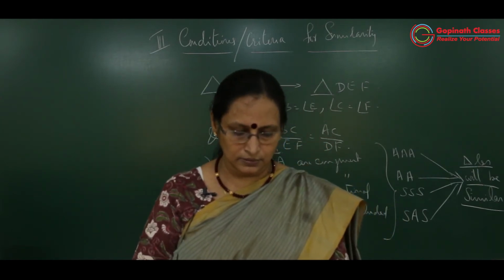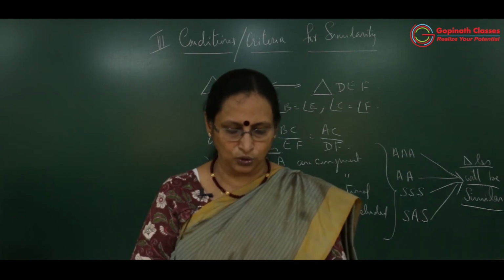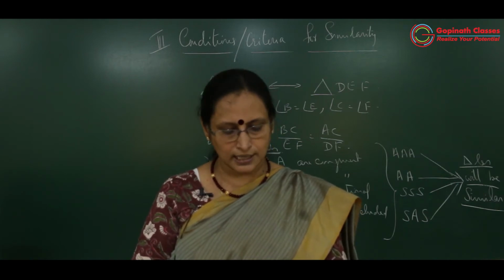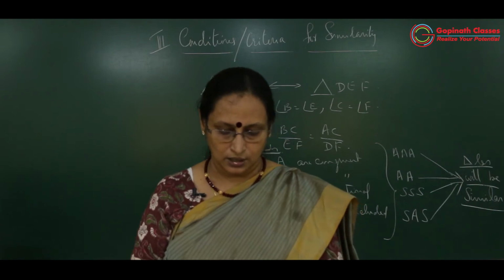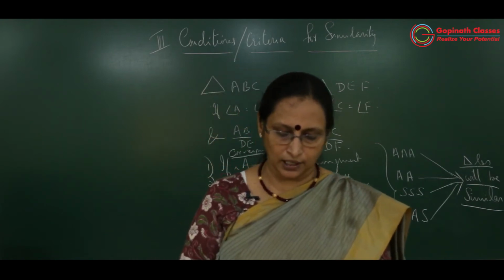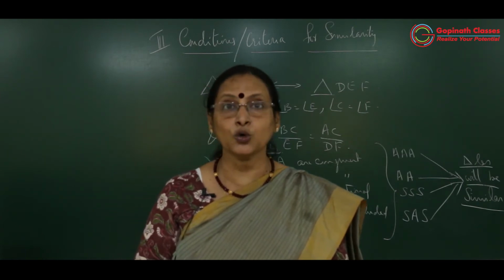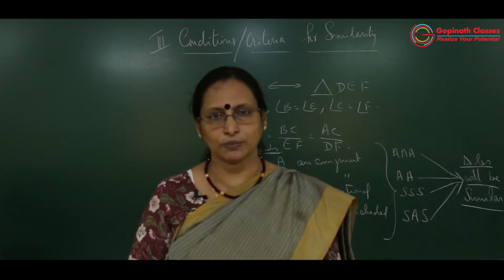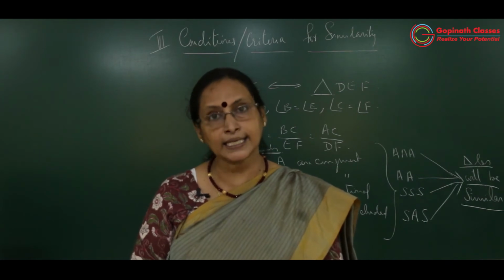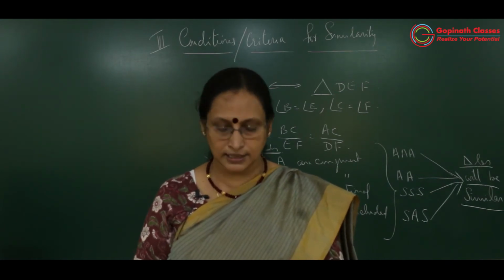Third one, 2.7, 4, 2, 5, 3, 6. No, it is not similar. Come to the fourth question. You can see very clearly 2.5 has become 5, 5 has become 10, and the included angles are equal. Between the two sides there is an angle of 70 degrees. So by SAS, the fourth figures are similar.